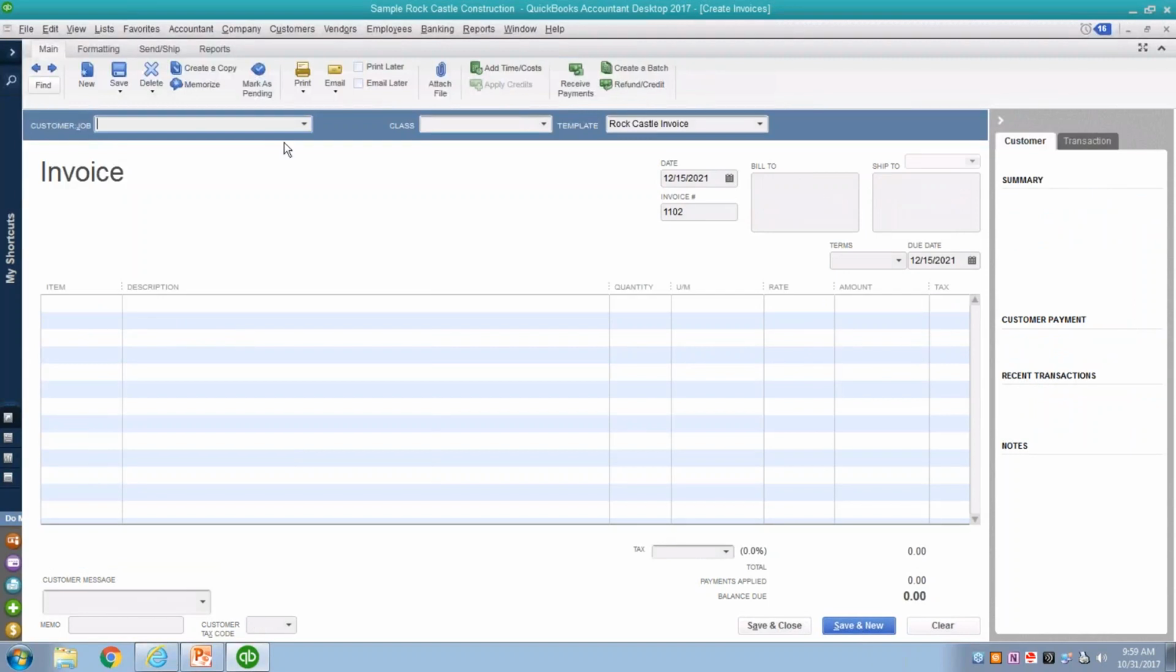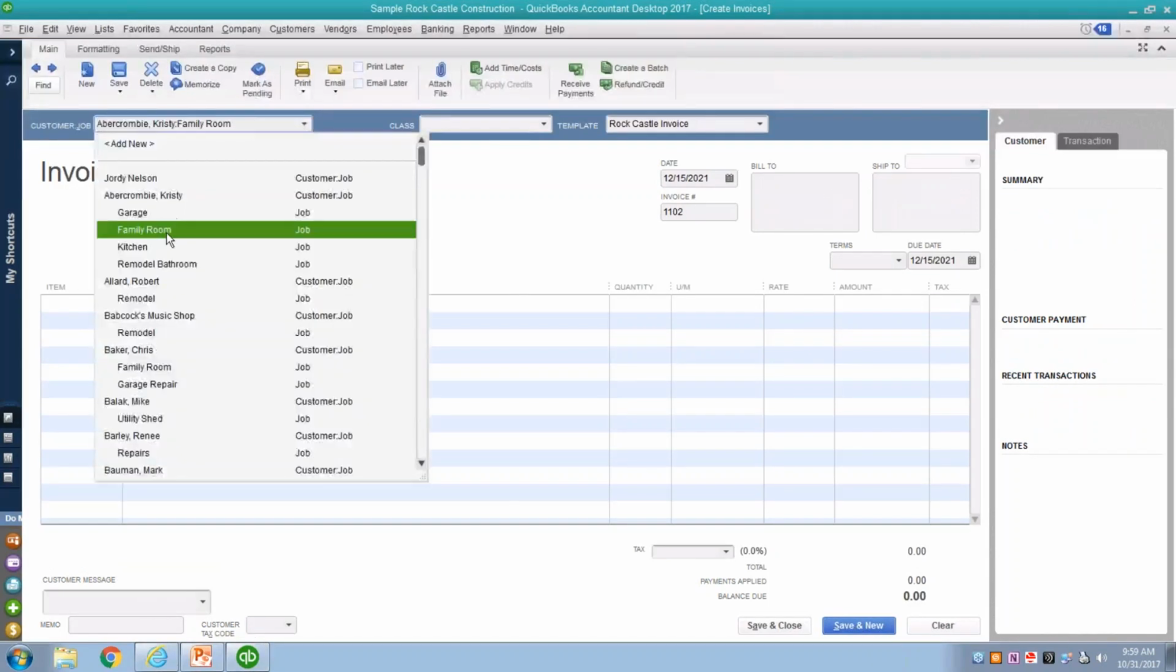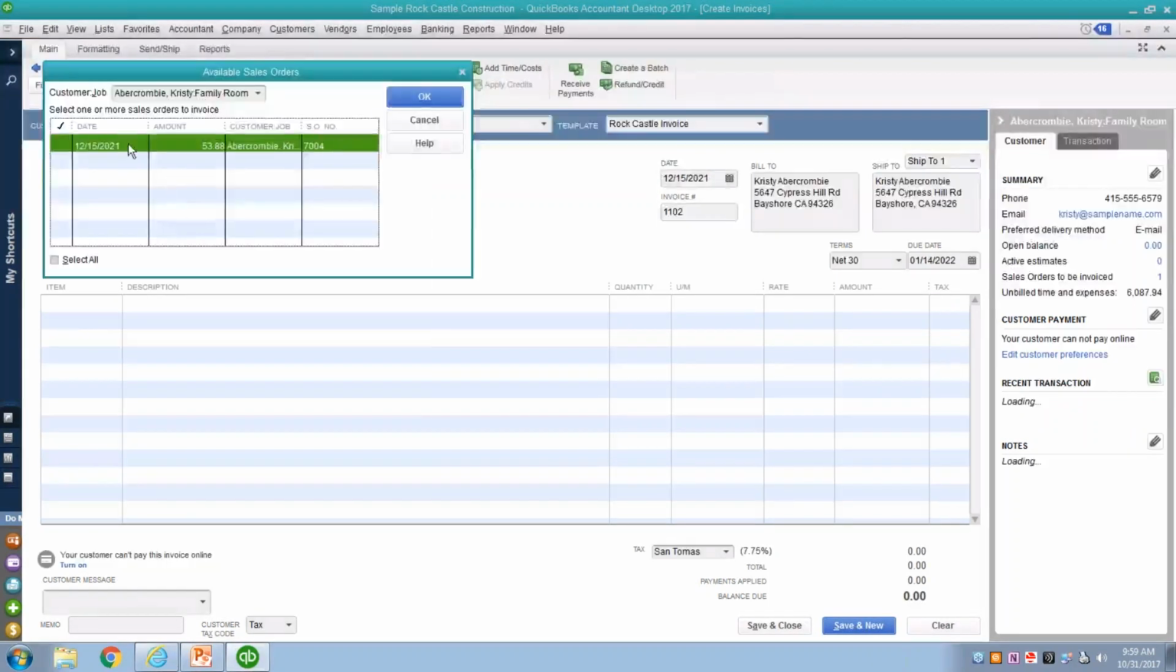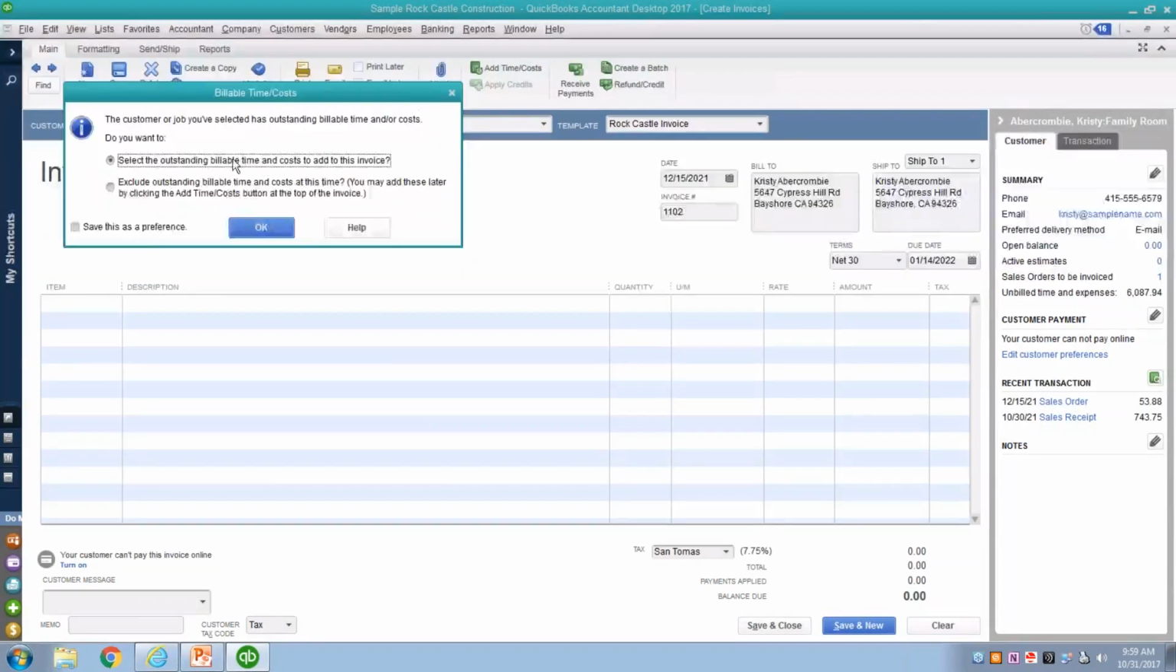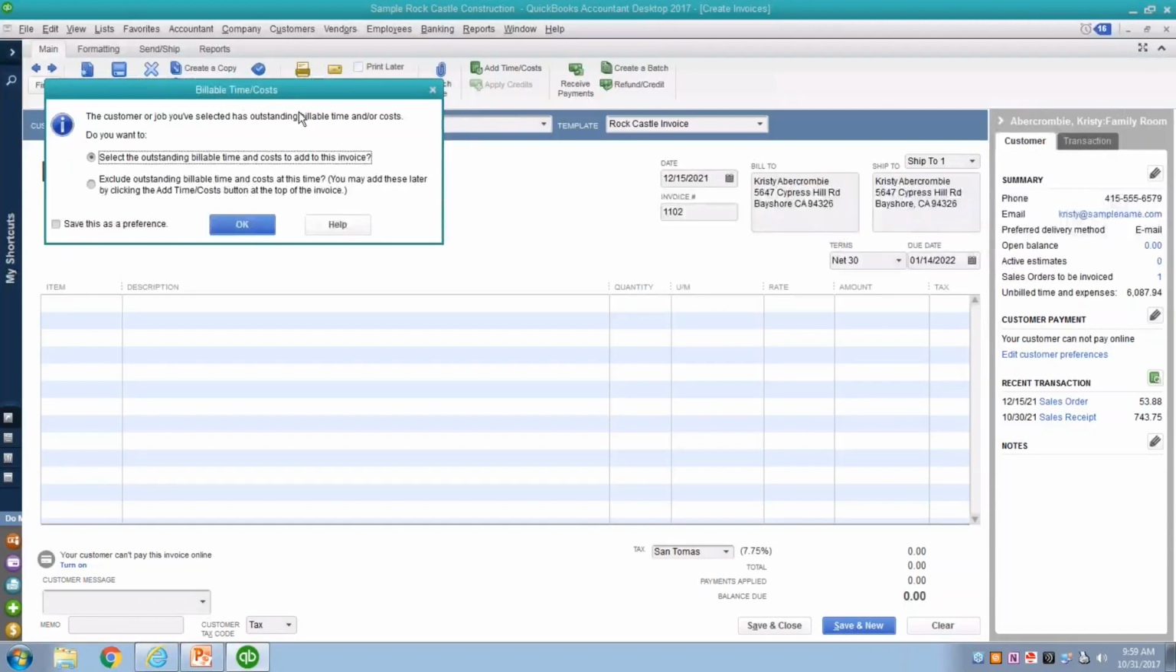So I'm just going to save this, and now I'm going to invoice Christy for her family room. Well, it knows I have an estimate out there for Christy. I'm going to bill on that, but now it knows I've got billable time and costs, because when I was ordering that inventory before, when I was in the purchase orders and the bills, I had assigned her name to some of those items. So I'm going to select those items,